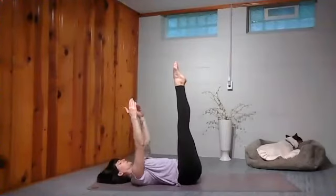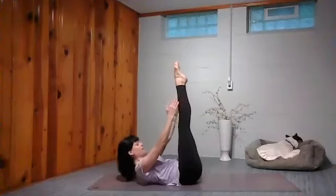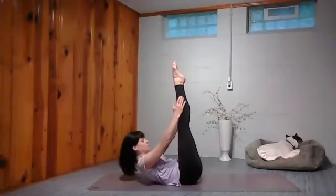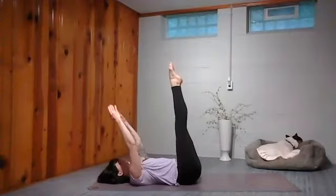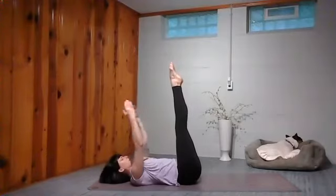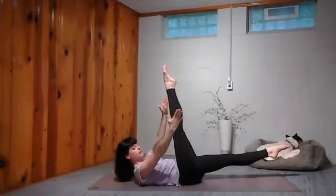7, 6, 5, 4. So as you curl up, you look up at your feet or at your belly button. 2. We're going to hold this one up, lower the left leg, reach to the outside of the right leg,